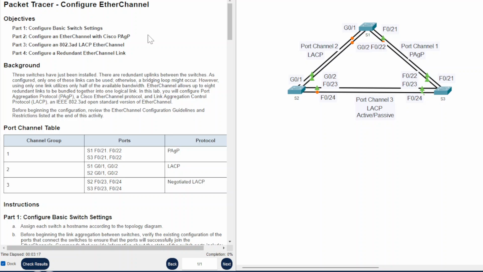To give you a little bit of background on EtherChannel, it's going to talk about it here too. So we have 3 switches installed here, as you can see, and then there are redundant uplinks. These 2 links are redundant uplinks between the switches. So our job, here it says this: